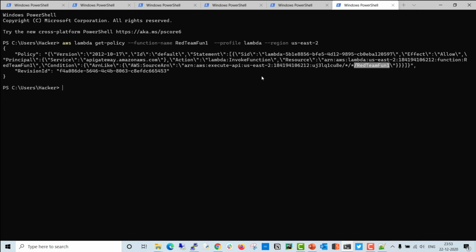So how can we craft the URL? This is the API ID. I know that this API ID can invoke this function. Let's see, because we have rights to enumerate the information about the API, how we can craft the URL so we can invoke this function. And this is really important. We will also discuss how we can craft the URL